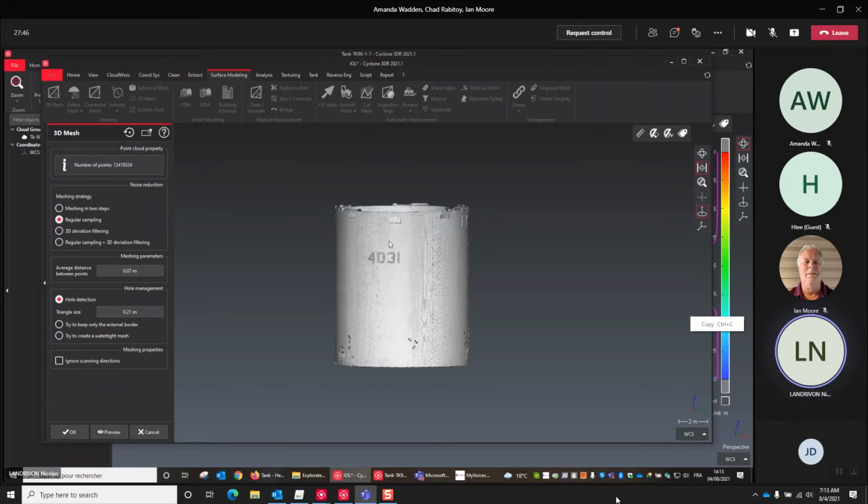This shell is made up of approximately 2 million points. No, 1 million points. So if you triangulate and create a mesh from all points, you're going to double the number of triangles, and you're also going to triangulate some noisy points.